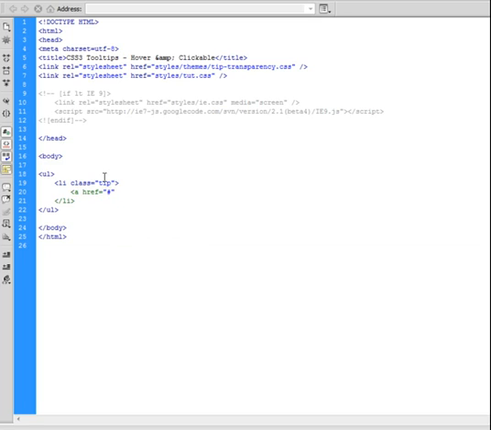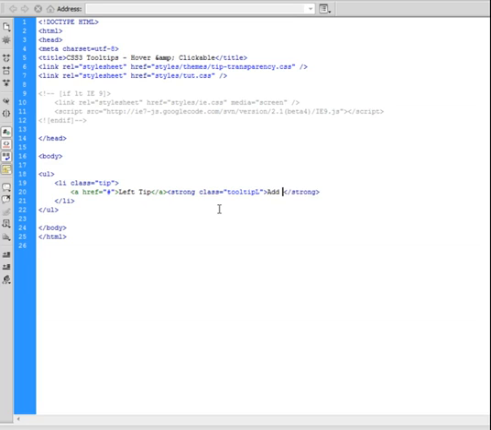Okay, so next thing we will do is go ahead and create a link, and our link will just be a simple hash, and then we'll make this the left tip. Okay, so we just use a simple hash so that we can make this link active. You can actually click on this link, so that's the purpose of that. And then we'll go ahead, for the purposes of this tutorial, we're going to use strong, and it'll have a class of tooltip L for left,